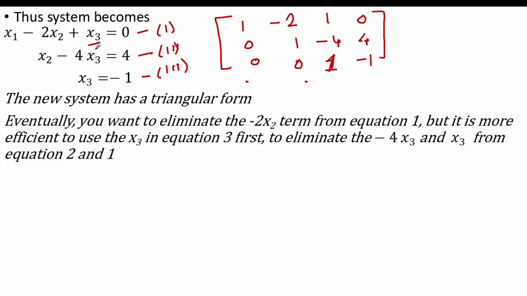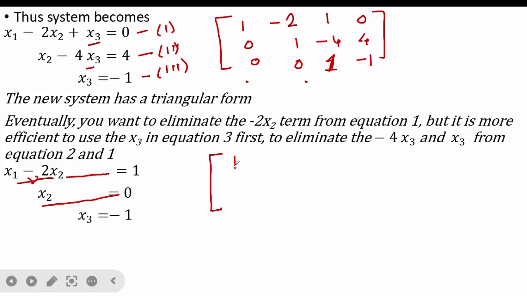To eliminate x3 from equation 1, we shall subtract equation 3 from equation 1, and that means we will get x1 minus 2x2 equal to minus 1. And for eliminating x3 from the second equation, we shall add 4 times the third equation, and you will get x2 equal to 0. And the system can be written as 1, minus 2, 0, 1, 0, 1, 0, 0 and 0,